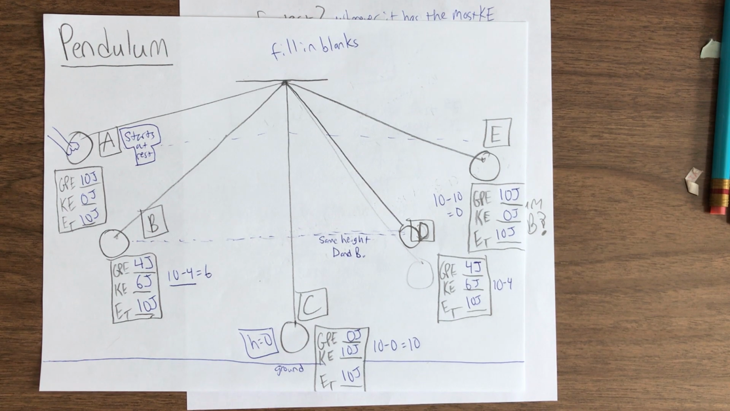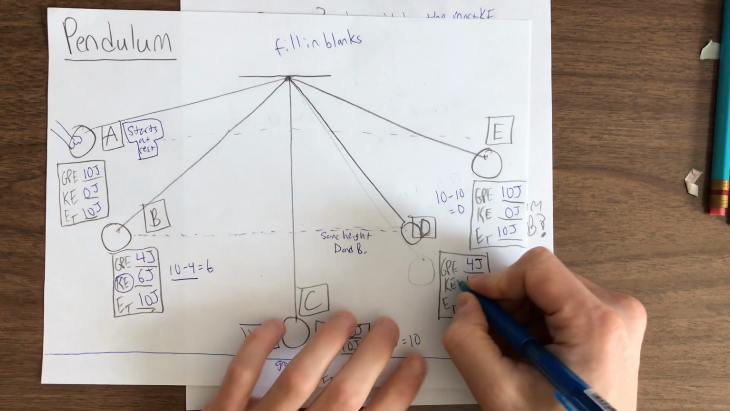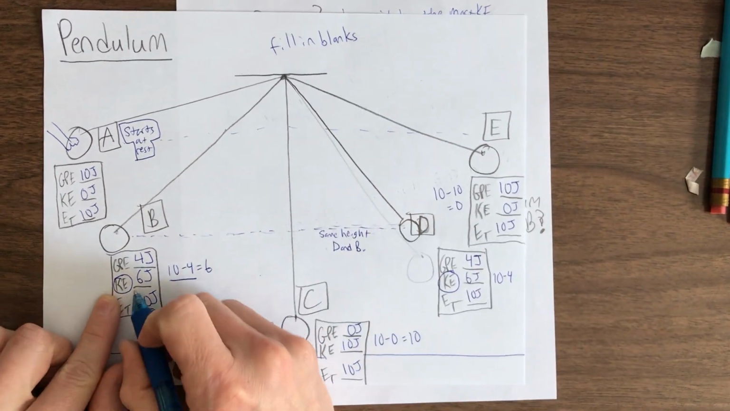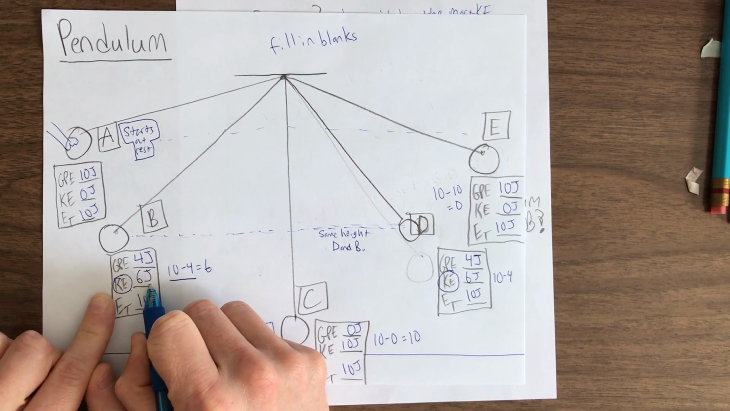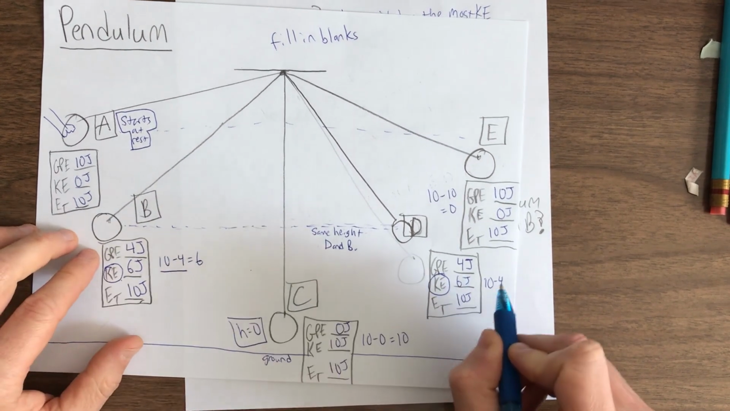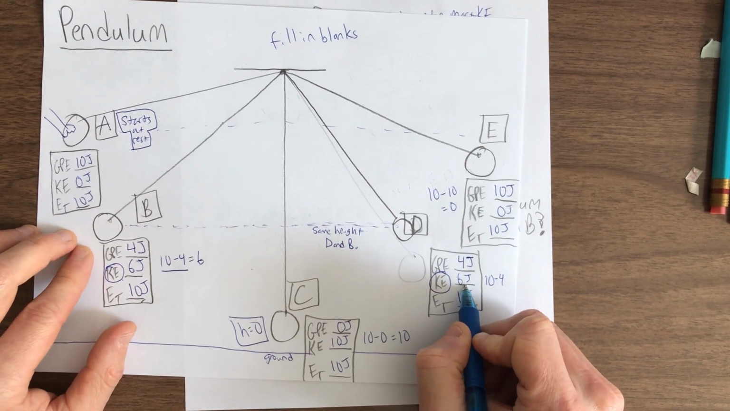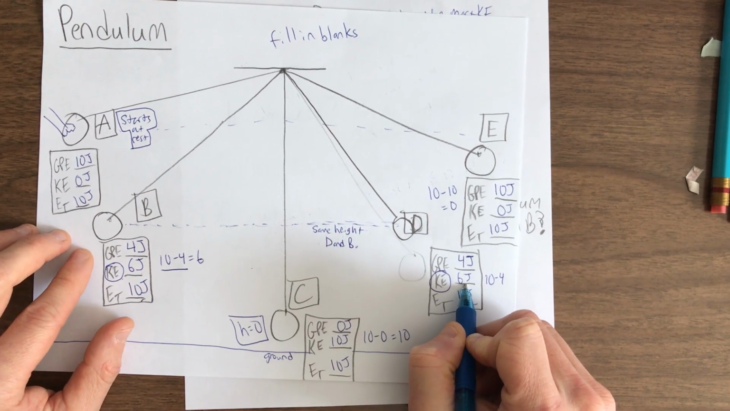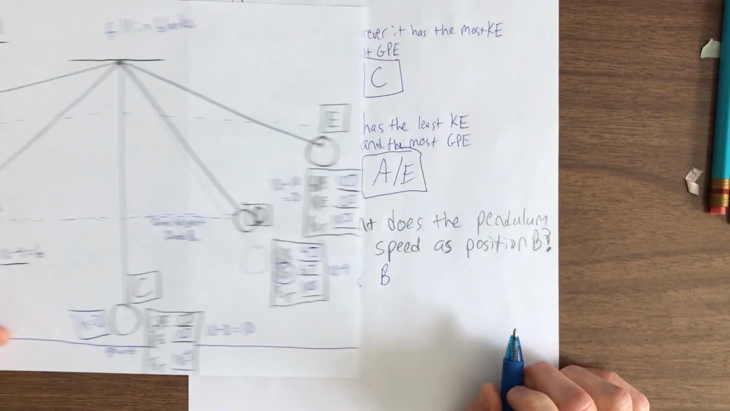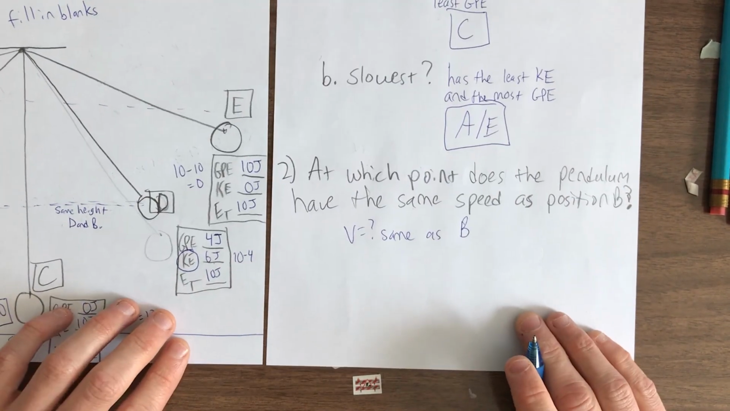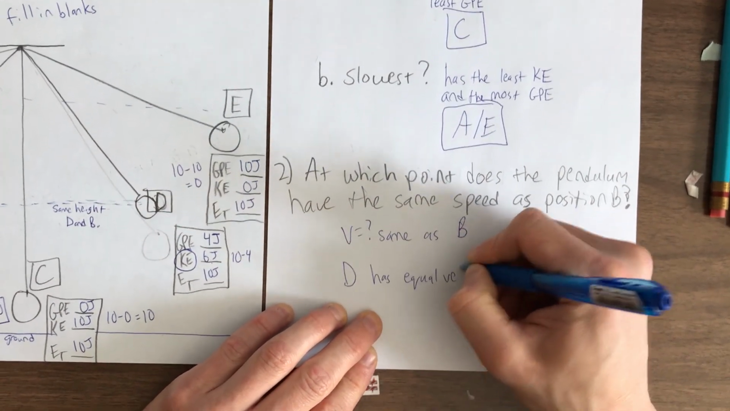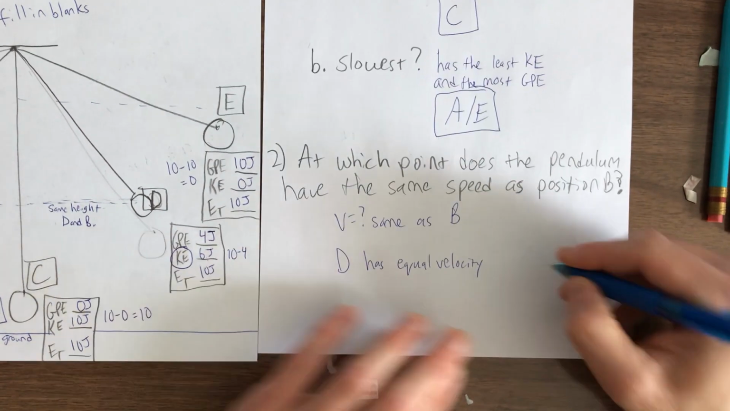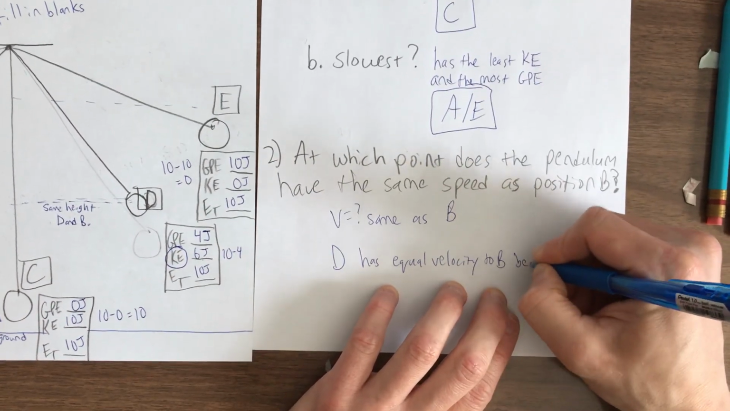Well, we still could figure that out because velocity comes from kinetic energy, all right? So if we look at position B, because it has 6 joules of kinetic energy, we know it has a moderate speed, but wherever the kinetic energy is the same, that's where it will have the same velocity. So actually, at equal heights, the pendulum has equal velocities. So D has equal velocity, write this down, to B